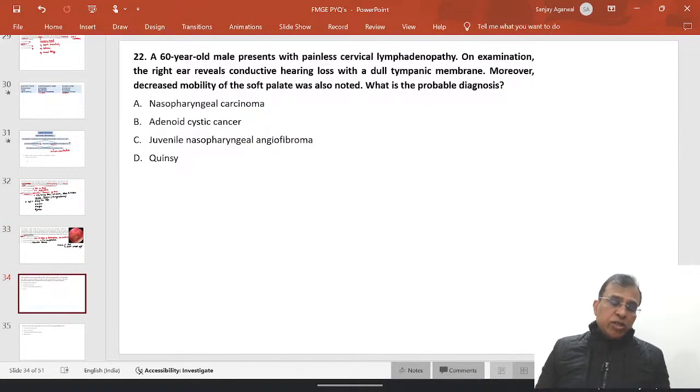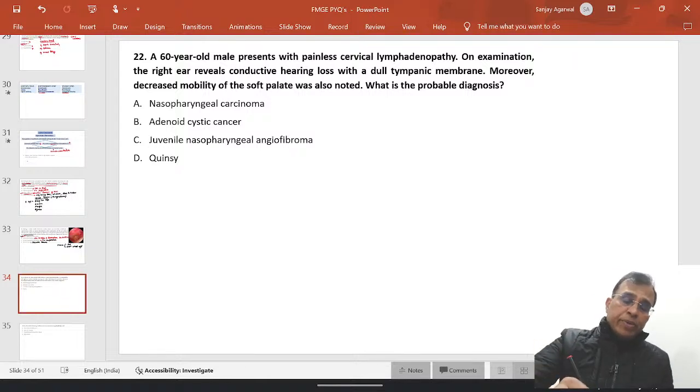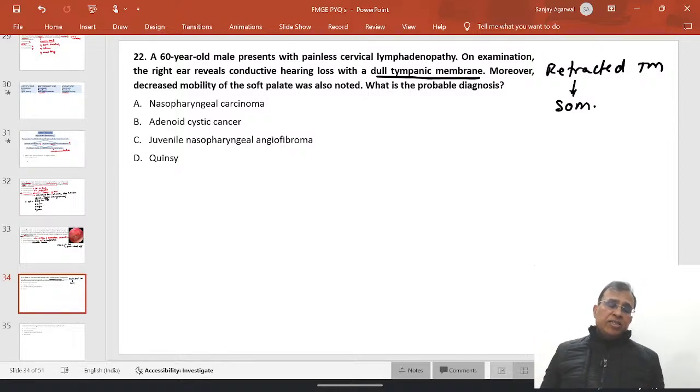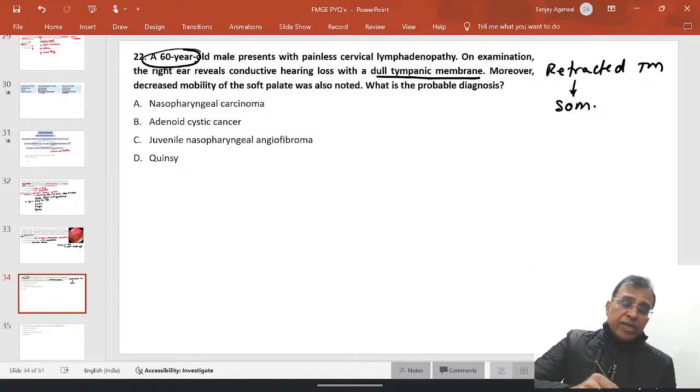Okay. A 60-year-old male presented with painless cervical lymphadenopathy. Then on examination, the right ear reveals conductive hearing loss with dull tympanic membrane. Now, dull tympanic membrane is another term which is used for retracted tympanic membrane. And I just told you, retracted tympanic membrane means serous otitis media. So this patient is an adult. I told you serous otitis media is more commonly seen in children, but this is an adult with serous otitis media. If an adult has serous otitis media, one very important thing that you have to rule out,